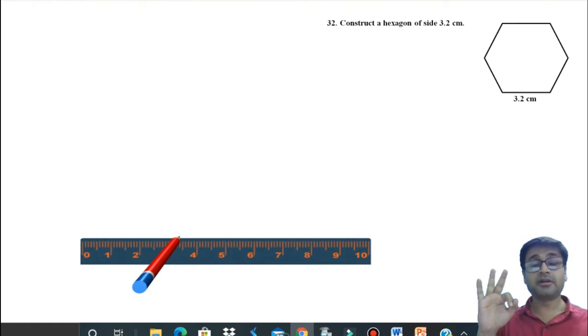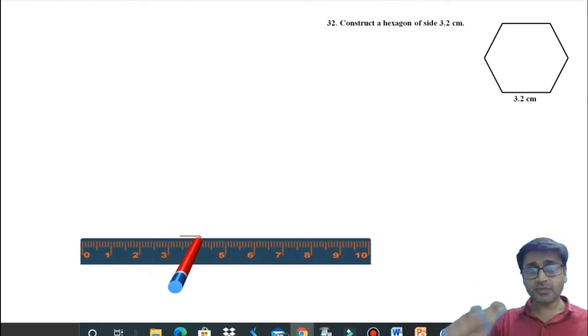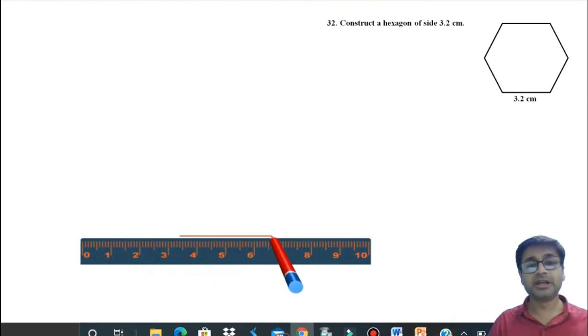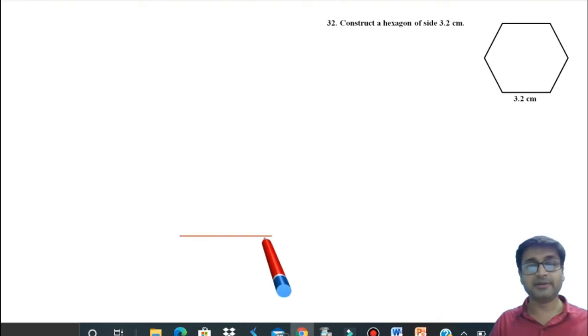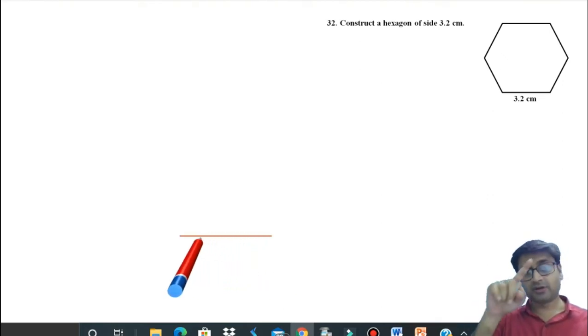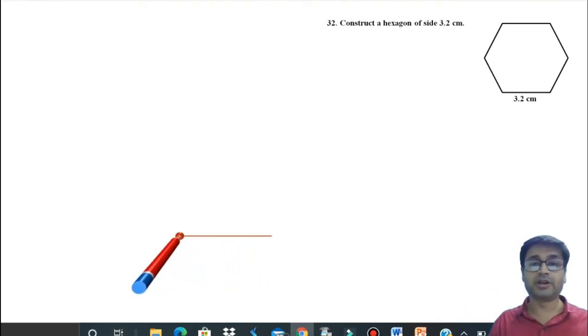The third method which is accepted is what we are going to do, that is the 4 120 degree method. I call it the 4 120 degree method, which means you have to draw 4 120 degrees actually. So how are you going to go about it? Taking the base AB 3.2, everyone take your base AB 3.2. From A take 120, from B also take 120, and then wait for me if you cannot go ahead.